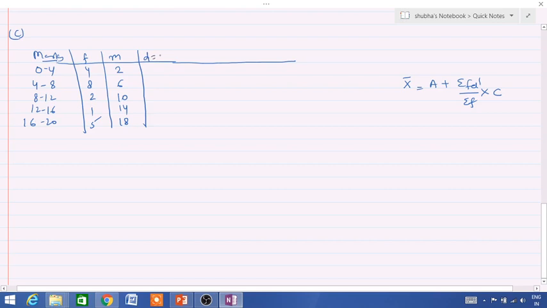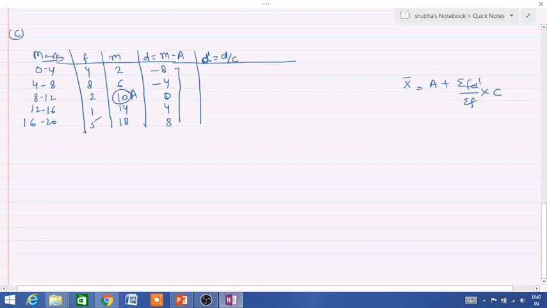Here deviation m minus a, suppose I have taken a again 10, it will be minus 8, minus 4, 0, 4, 8. These all things are repeatedly done as I have done in shortcut method also. In step deviation method I have repeated it. But now the difference is we have to calculate a step deviation. That means d dash. We write step deviation with d dash. How is d dash calculated? D dash is calculated by dividing the deviation with a common factor.